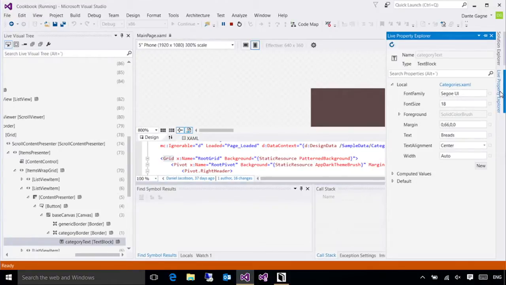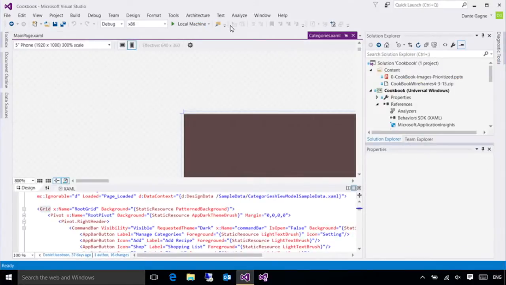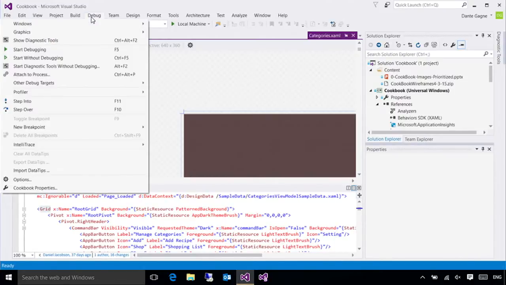Now there's one more problem that we have, and you may not be able to see it because of all the editing that we've been doing, but I seem to have a bit of a performance issue in this app. Specifically at startup, it's not starting up as quickly as I'd like, and I'd like to profile it to figure out exactly what's happening. I'm going to go to the debug window, and I'm going to choose Start Diagnostic Tools